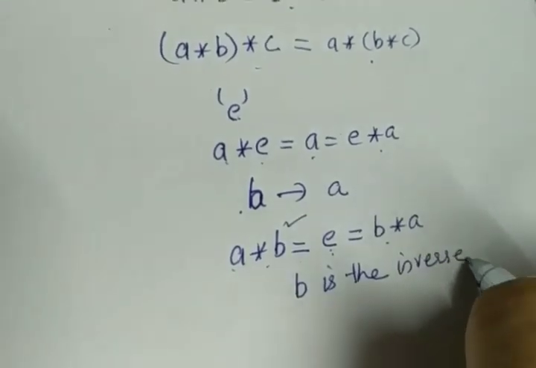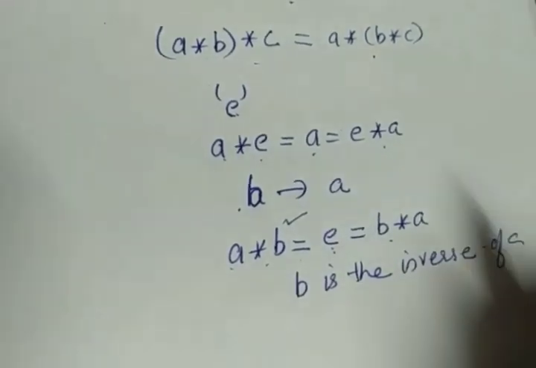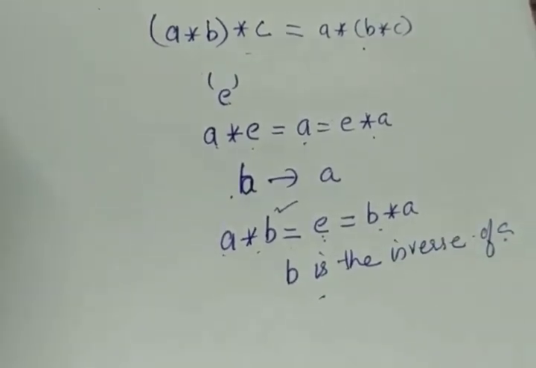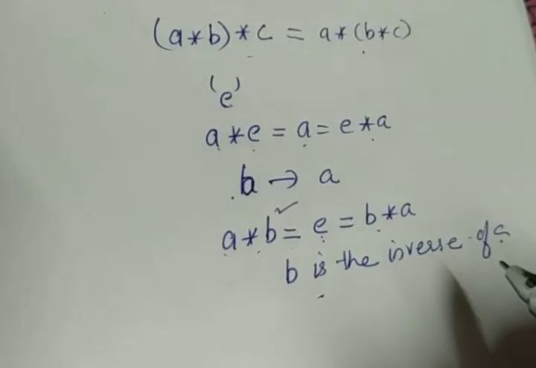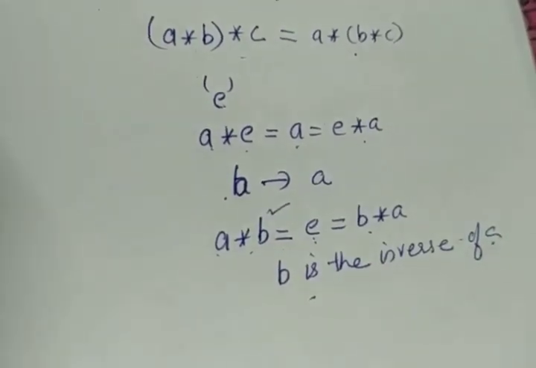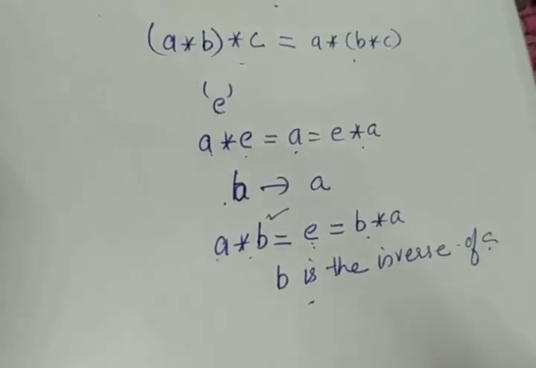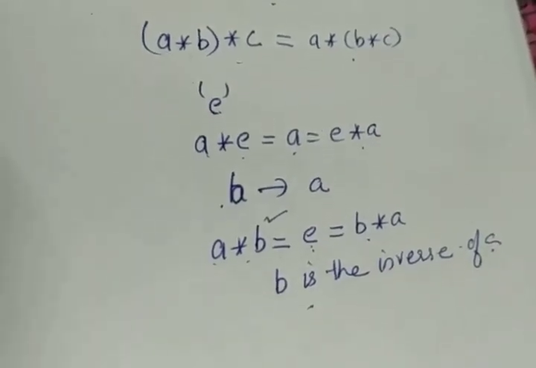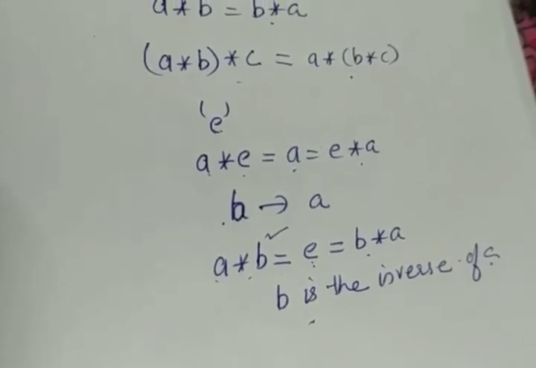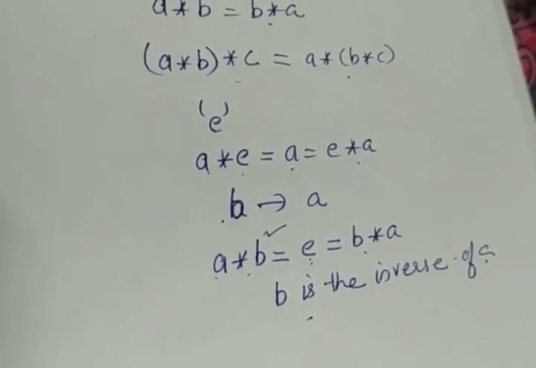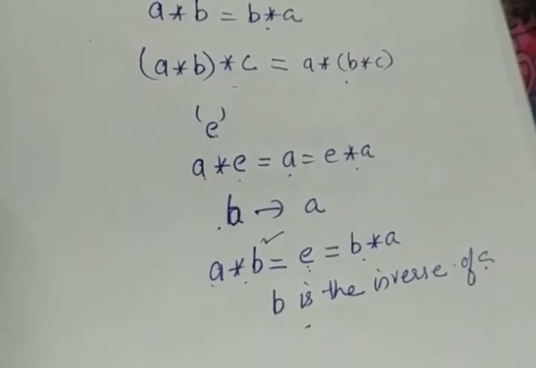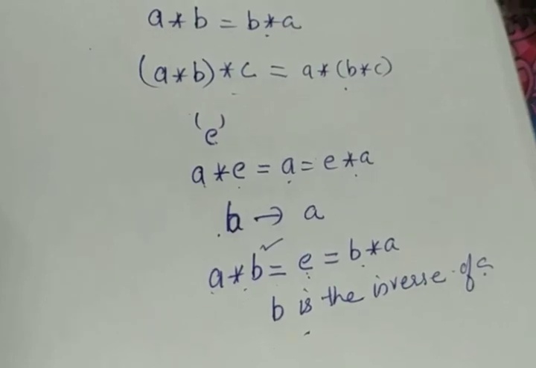And in the case of inverse, for each and every element, the inverses are different. If I am taking a, it has an inverse. If I am taking another element a1, it will have some other inverse. But in the case of identity, for one set, there is a single identity element. Identity is unique. The identity element is the same for all the elements, but the inverse varies. Identity exists for a set, inverse exists for each and every element.